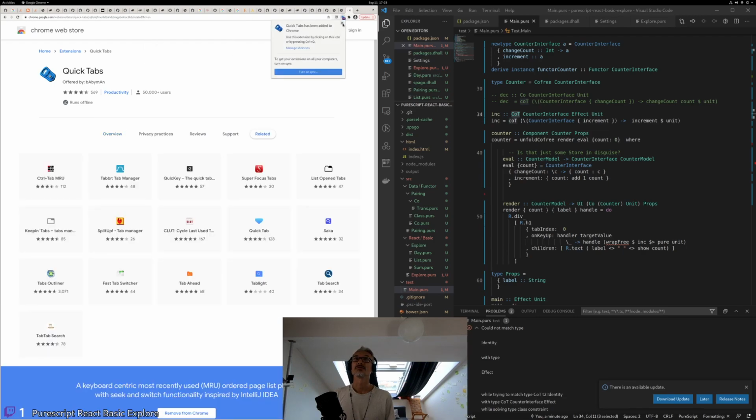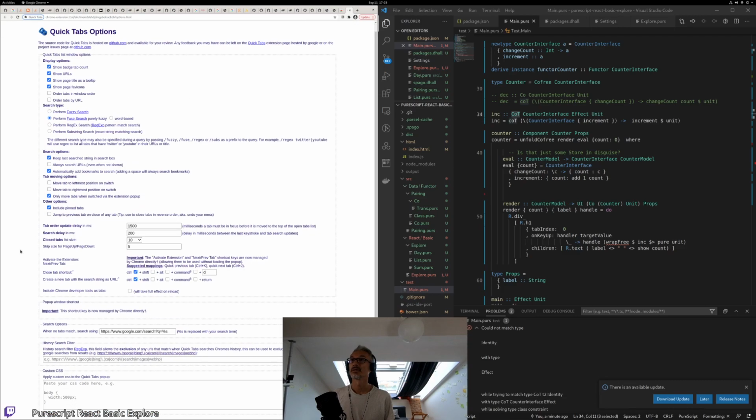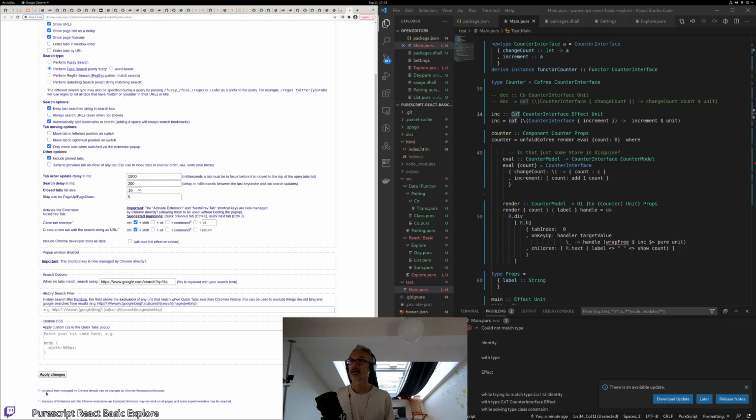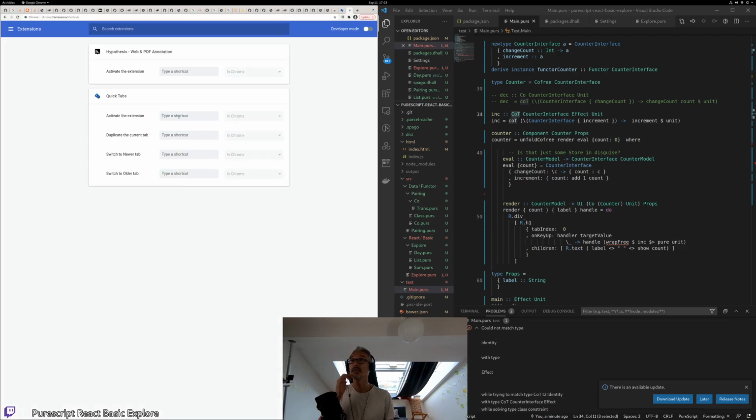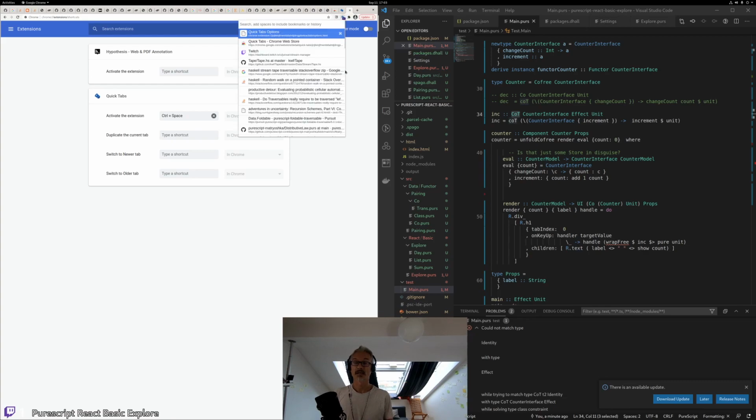And I usually also manage shortcuts, options, and shortcut keys directly in Chrome extension shortcuts. Okay. Let's hope that's the case. Yes, activate the extension. That's what we want. That allows me to do this and then go to